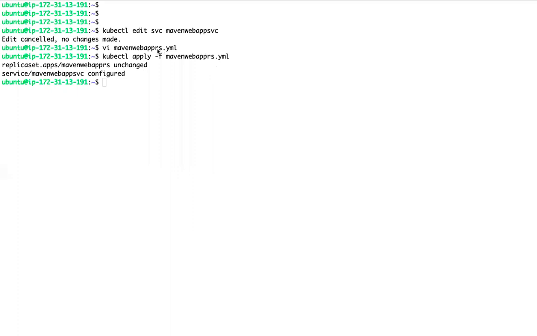So I have not edited here. I have just executed this command, but I have not modified anything. If you see, I have cancelled that edit. I just executed this command to show you, but I have not actually edited.